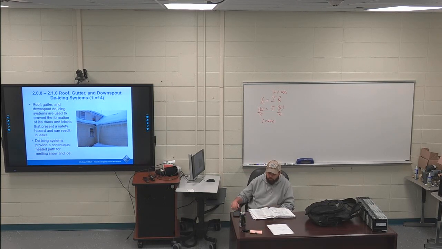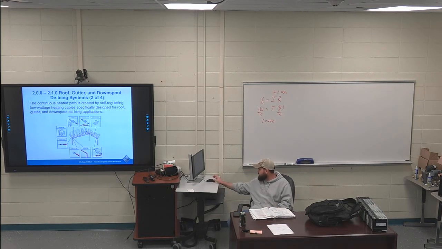Moving on to page 2, they're going to show this picture on page 2 of all the different components. I want you to highlight figure 21: components of a typical roof gutter and downspout de-icing system. You need to know what the controller looks like. It's not numbered, but the controller right here on the right hand side, you need to know what that looks like. The controller is just going to be hooked up somewhere